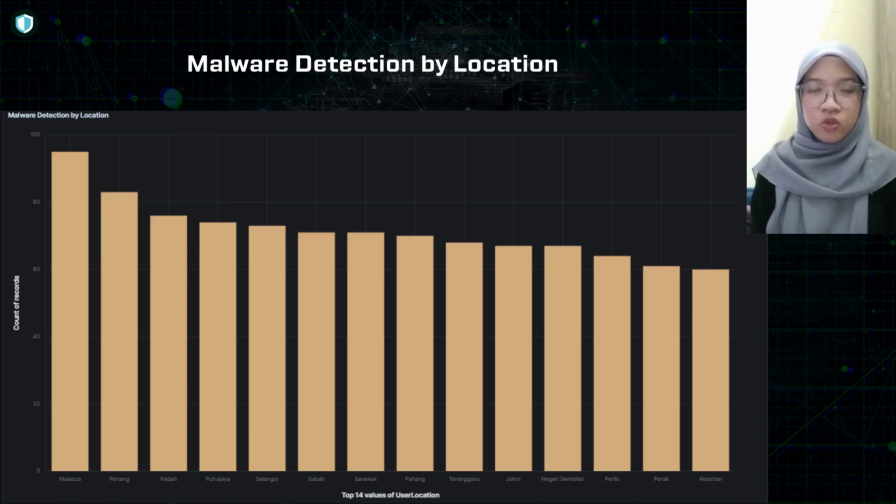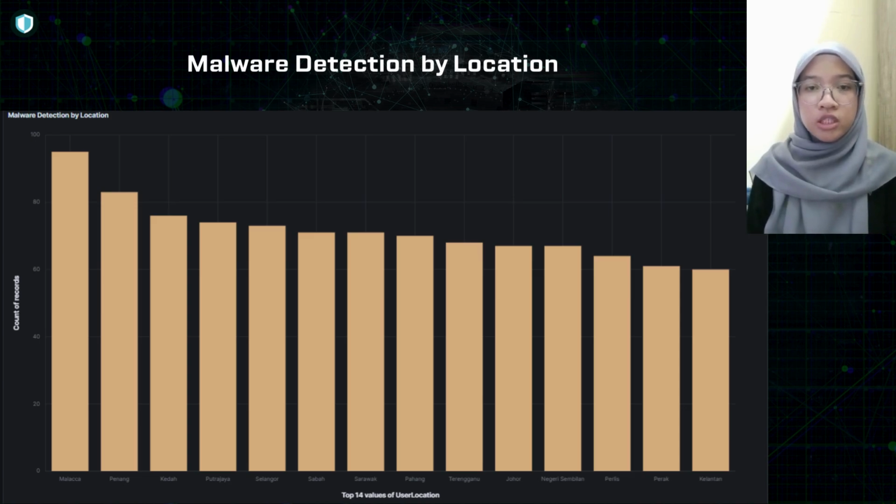Lastly, this bar chart illustrates the malware detection across 14 different regions in Malaysia. Regions like Malacca, which shows the highest number of malware detection records, indicate a greater risk for cyber threats in that area. For example, in areas with higher malware activity, when users engage with banking activity, they might be at